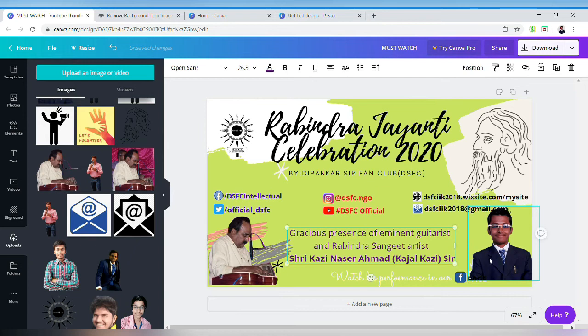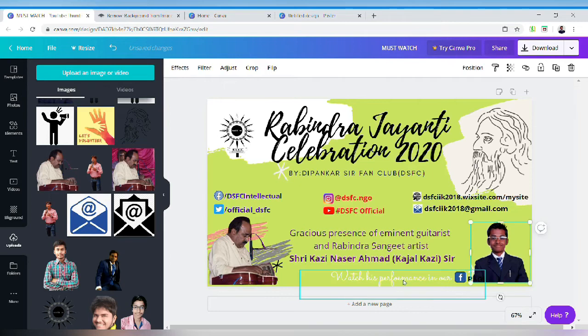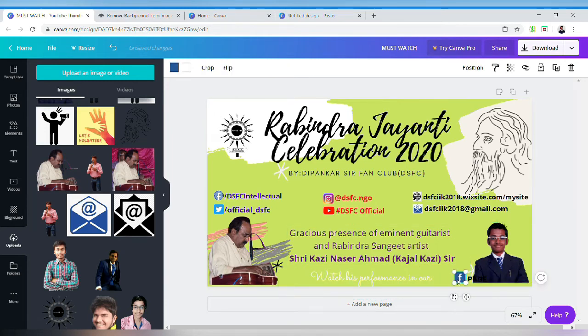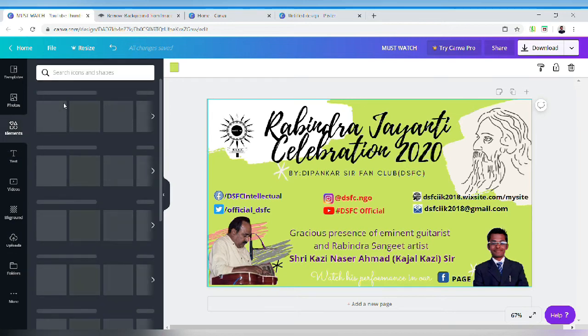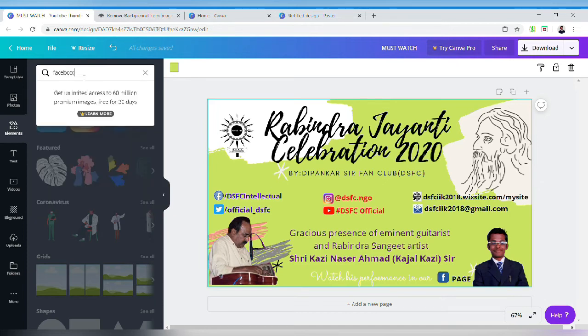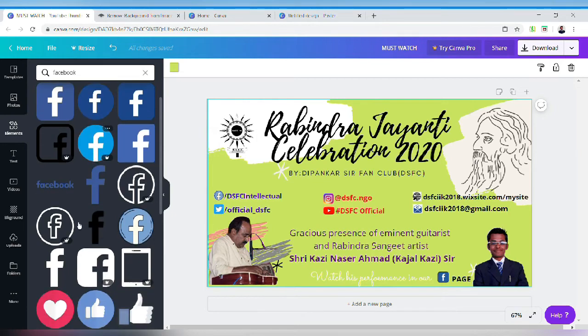You can see that in this poster I added many social media links. You can add them too. So how to add this? If you want to add Facebook, Twitter, YouTube, etc., simply go to the elements section. Search. Suppose you want to add the Facebook logo. Search for Facebook. Here you can see